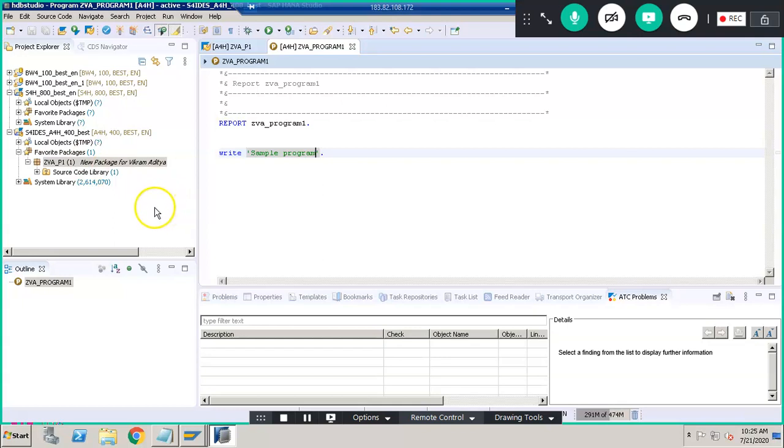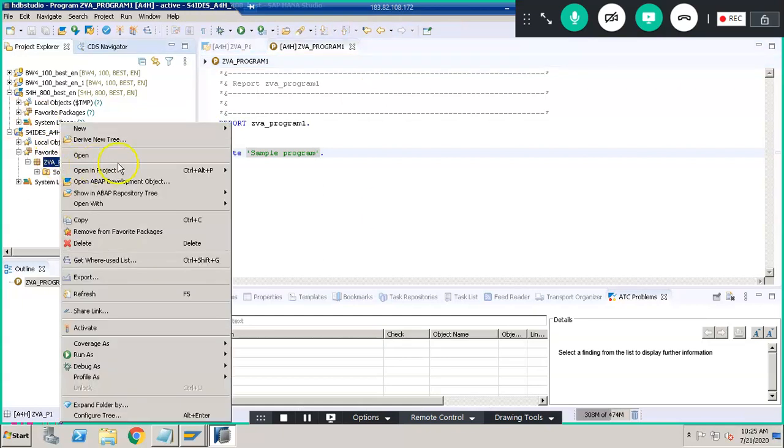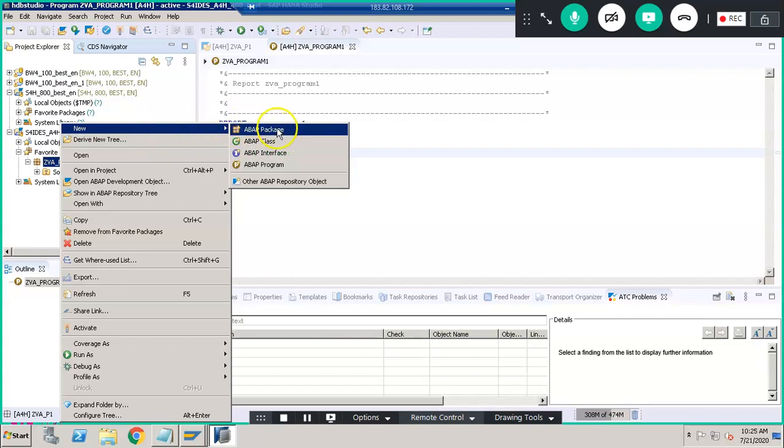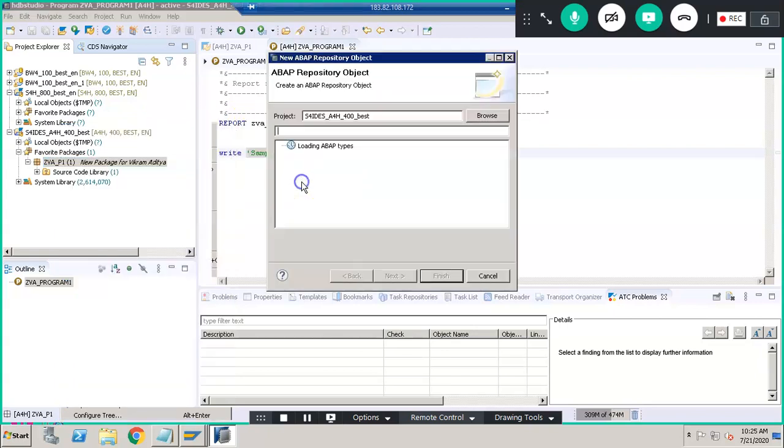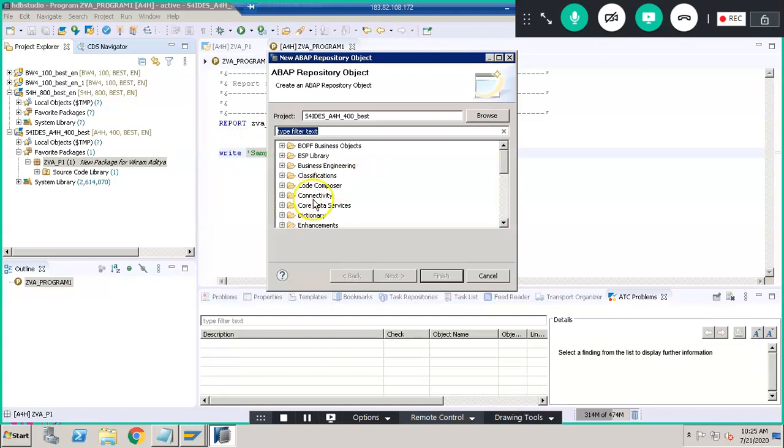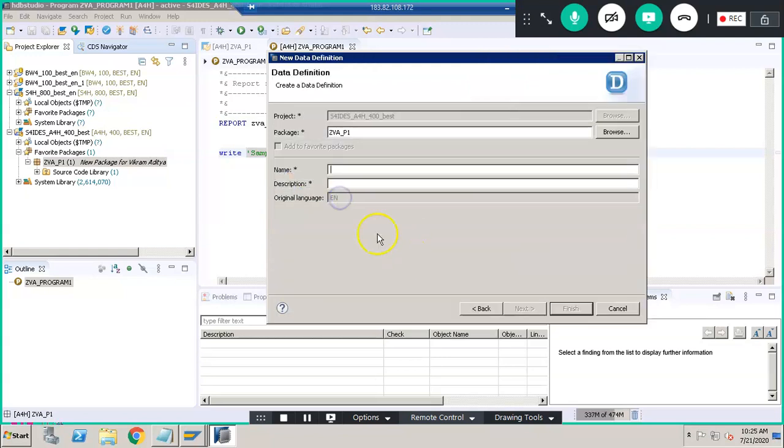CDS views. So CDS view is something which will be working purely on the database. All the process will be done in the database. There will not be any load on the application server. So that's what we'll do. So right click on this, new, other ABAP repository objects. In this we need to go for DDL, core data services. In this core data services, we'll go for data definition. When we go for this, select.